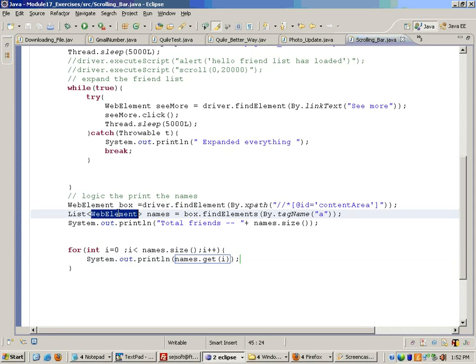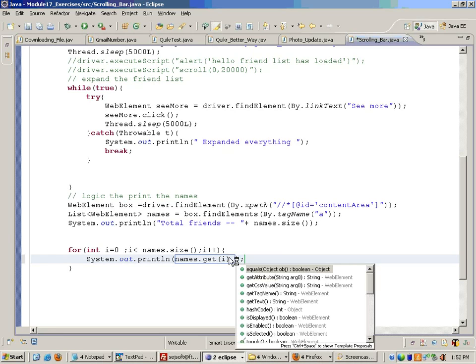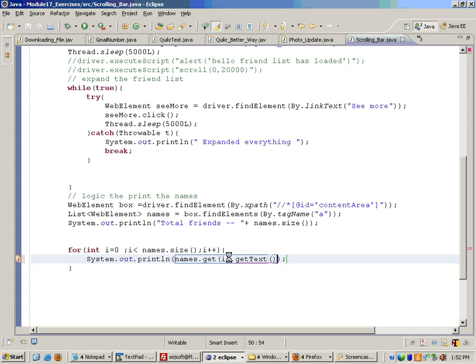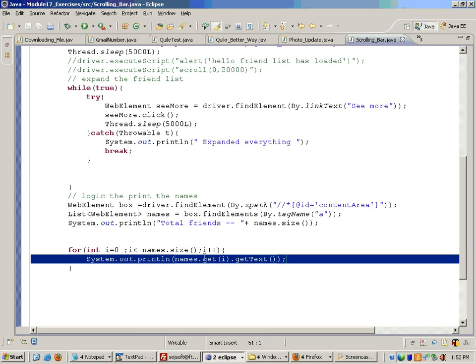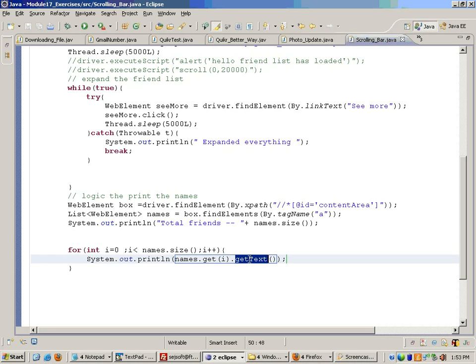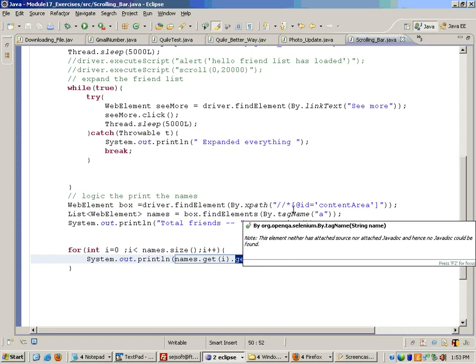Names.get(i) will bring out a web element because this is a list of web elements. From this list names, get the ith element, 0th element, first element, second element, and from that element get the text. Okay, so it will get the link web element and it will get the text of the link and print it. So when I run this program,